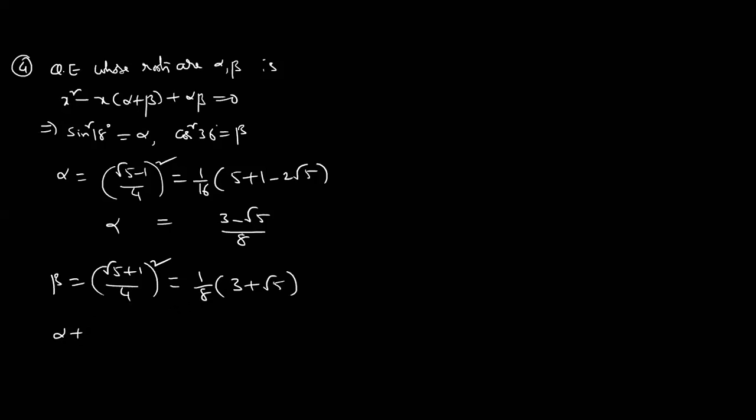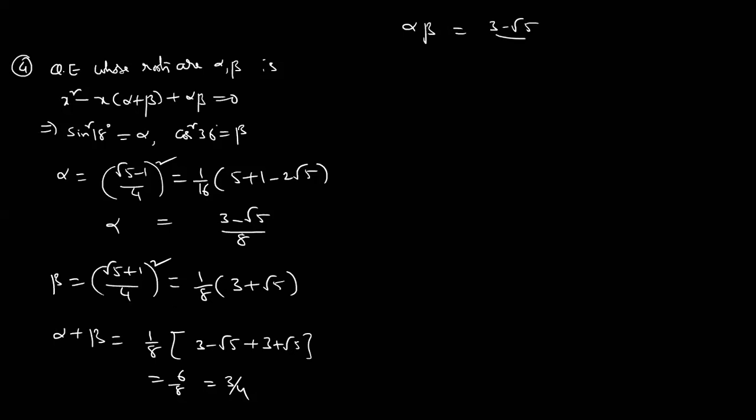Now, dear students, the sum of the roots. What is the answer? 1 by 8 into 3 minus root 5 plus 3 plus root 5. That is 6 by 8, that is 3 by 4. Similarly, alpha beta is 3 minus root 5 by 8 into 3 plus root 5 by 8. So a minus b into a plus b, that means 9 minus 5 by 64. What is the result? That is 1 by 16. Therefore,